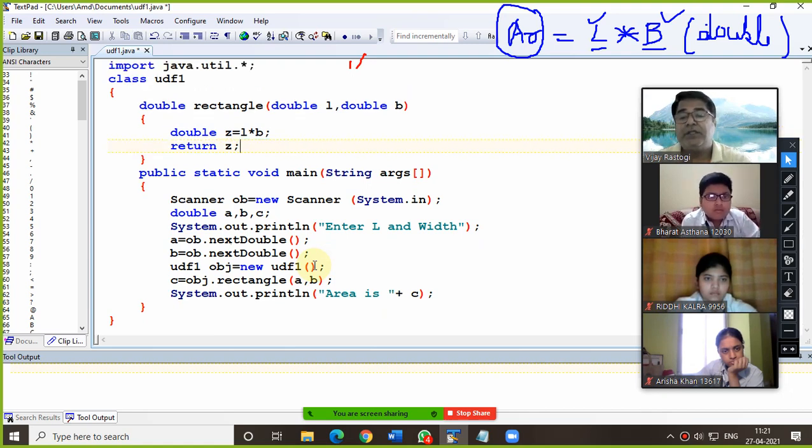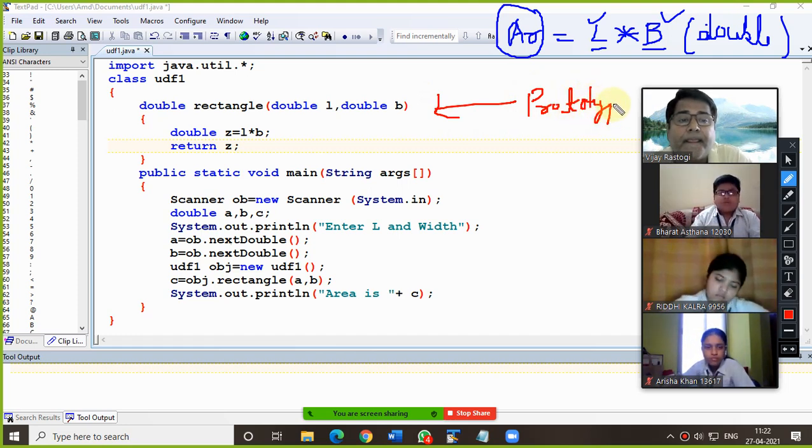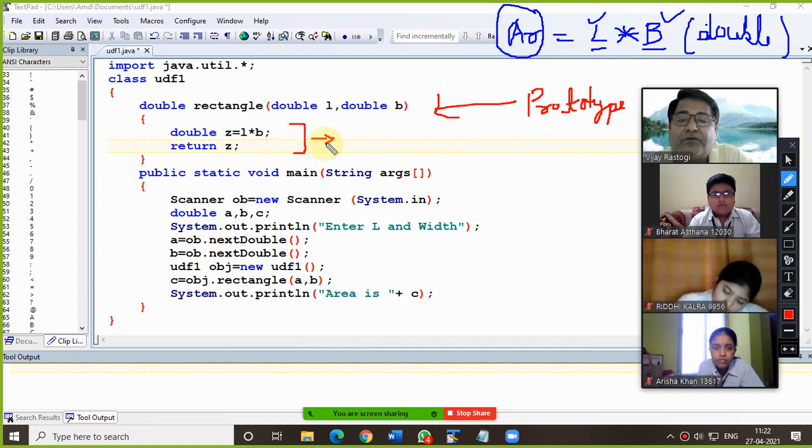Okay, so now the program I have finished. So please pay attention and let me explain. See, first of all, this is your function prototype. Note down everyone, the whole thing. This part is known as the function definition.